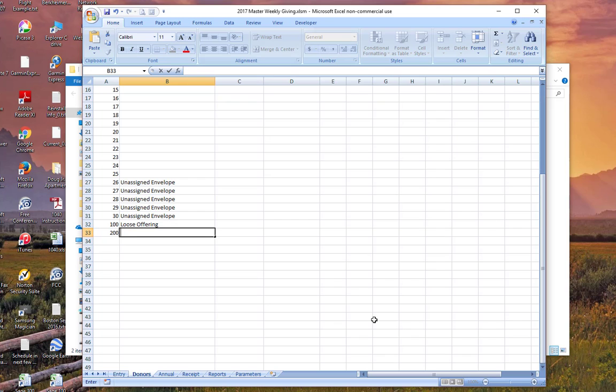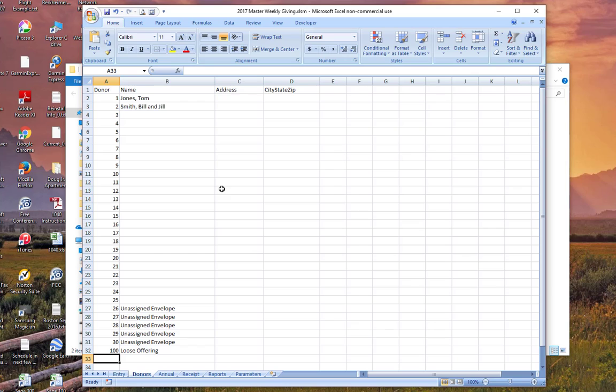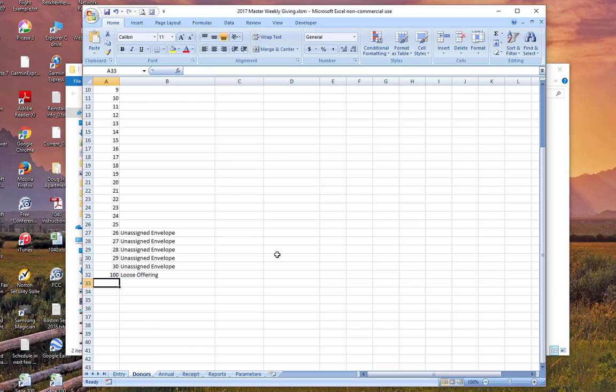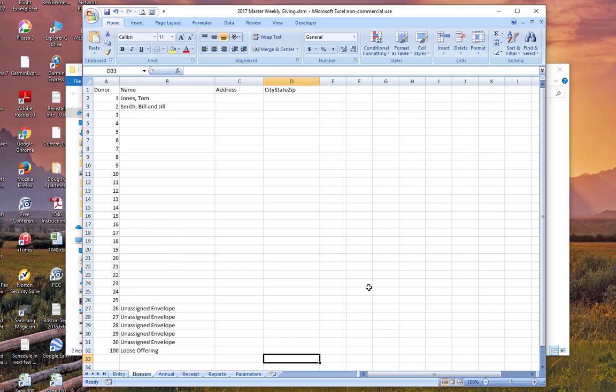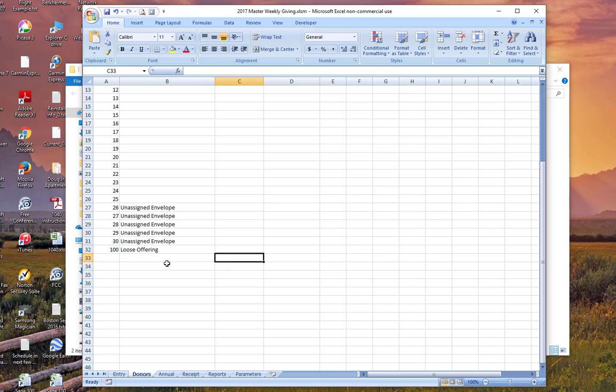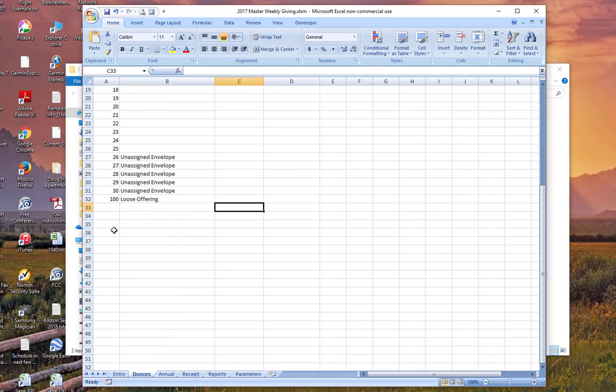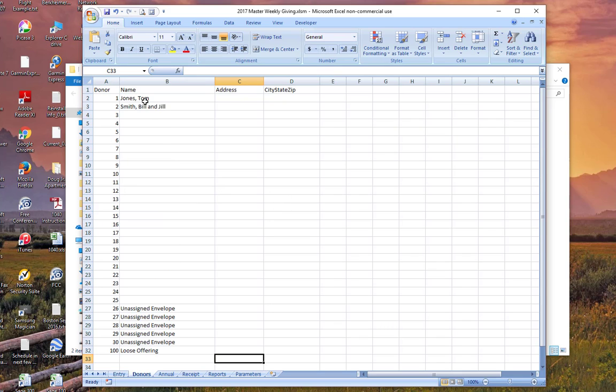So go ahead and fill all of those known items in as well. A lot of times when you get a new person giving, especially if they use a check, you can read right on the check their name, but also their address. So I think it's a good idea, especially for the new people, that you go ahead and record their address while you're here, recording their name and assigning a number. All right, so once you fill that in, we're ready to go on